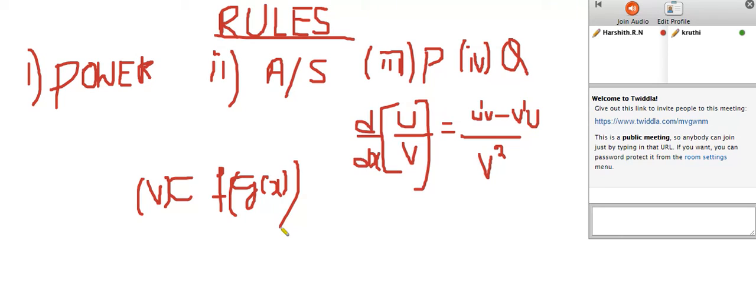For example, the differentiation of sine of x square is cos x square times 2x. We differentiate the sine first, then put the multiplication sign, and then differentiate the x square, which gives you 2x. Again, if you differentiate that x,